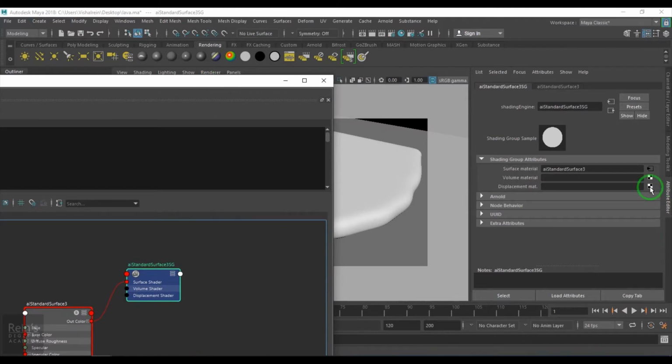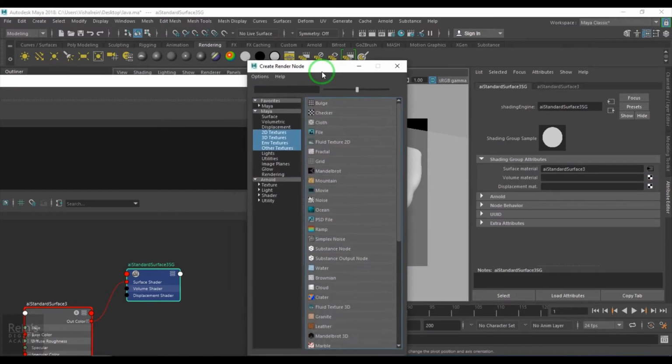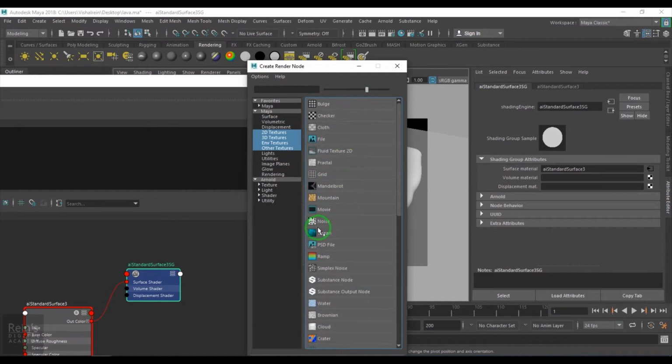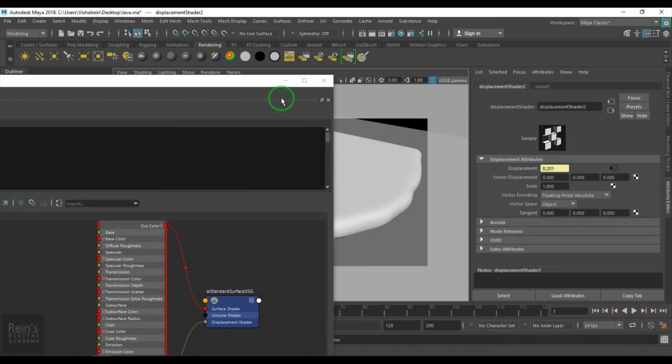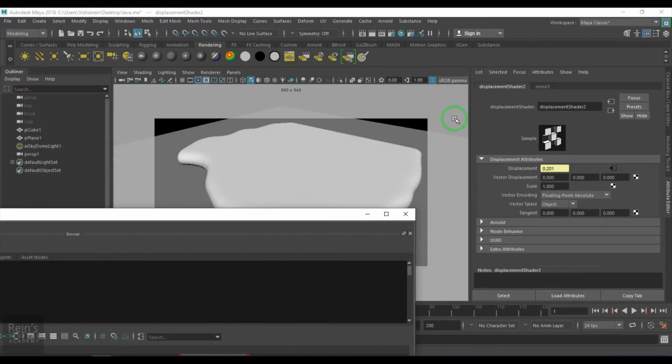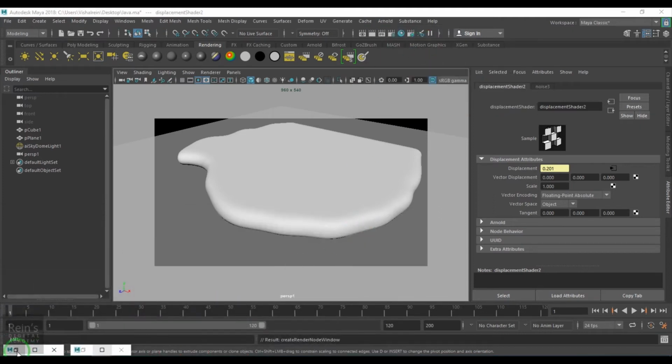I'll be taking fractal texture. No, not fractal. I'll take the noise texture, and then let me render the model. And you see something like that.